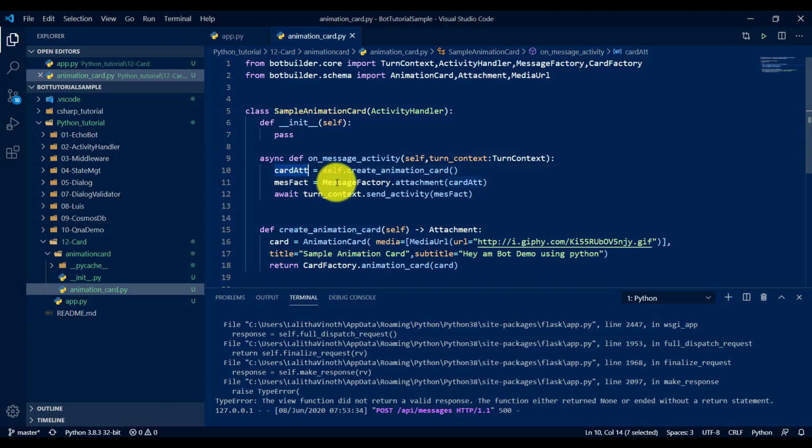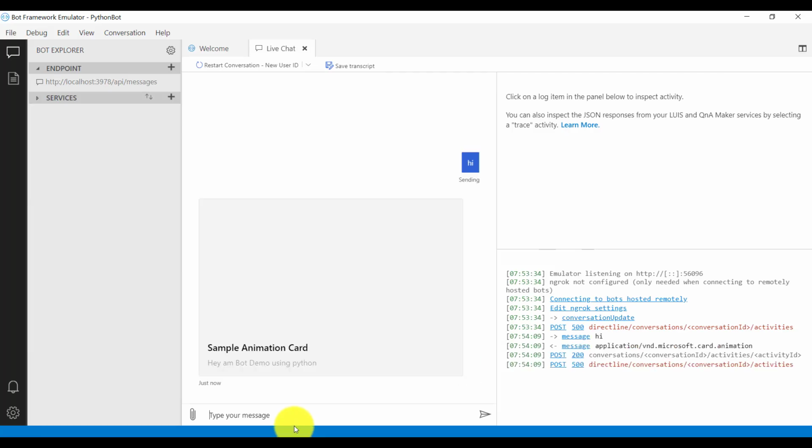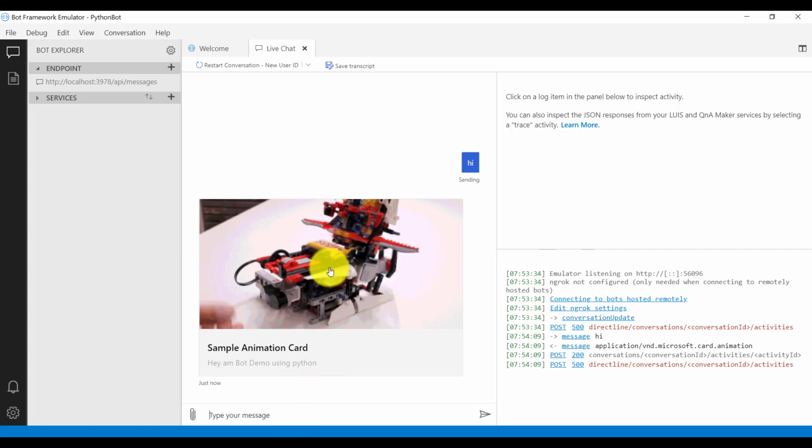After that, we pass the attachment to the message factory to create the activity object. Finally we send it to the user using the send activity function. I just type hi, and here you can see the animation is displayed. This is the title and this is the subtitle. This is the animation card.